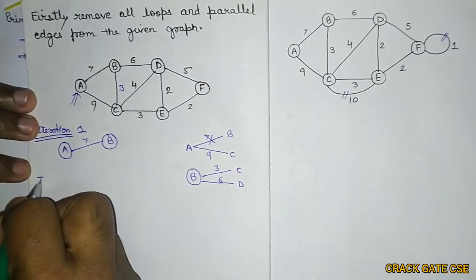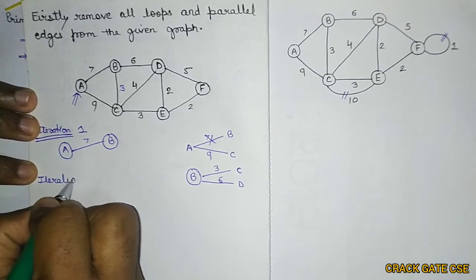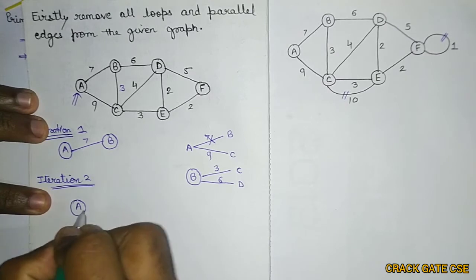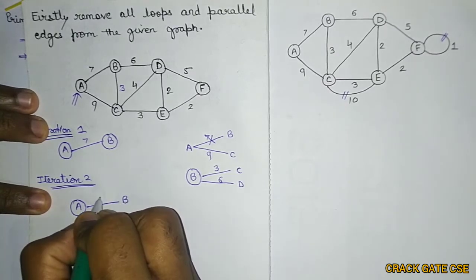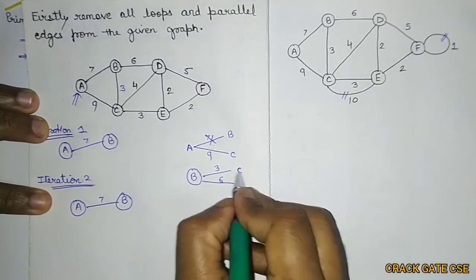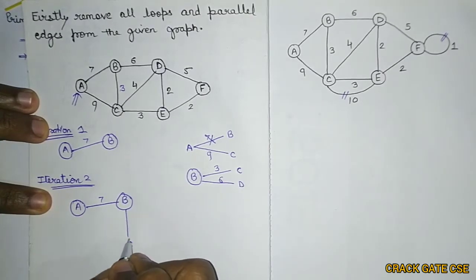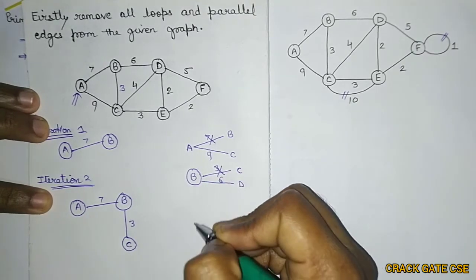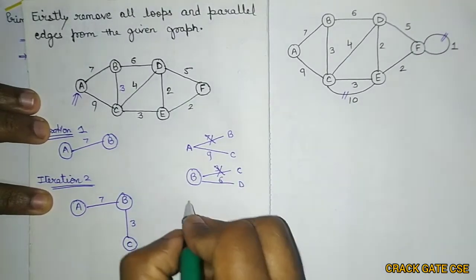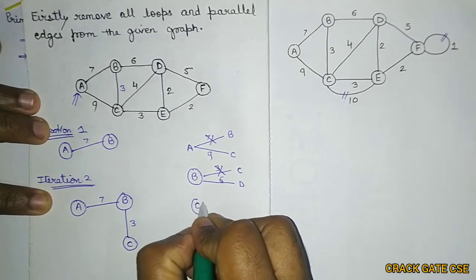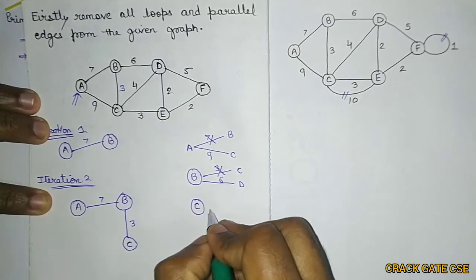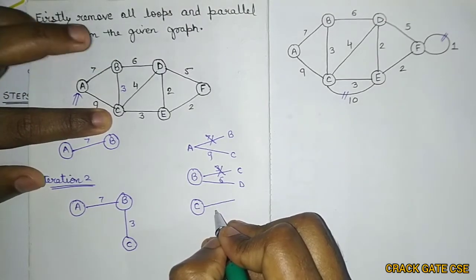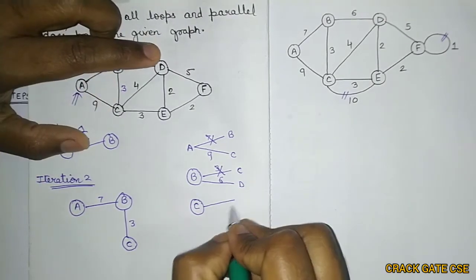So in the second iteration, or we can say in the second step, A to B is the same. Now I am selecting B to C with edge weight 3. That means this edge is also covered. Now I got a new vertex, which is C. I have to find out the adjacent vertices with cost. From C to B is already covered, A is already covered. So I am going from C to D.